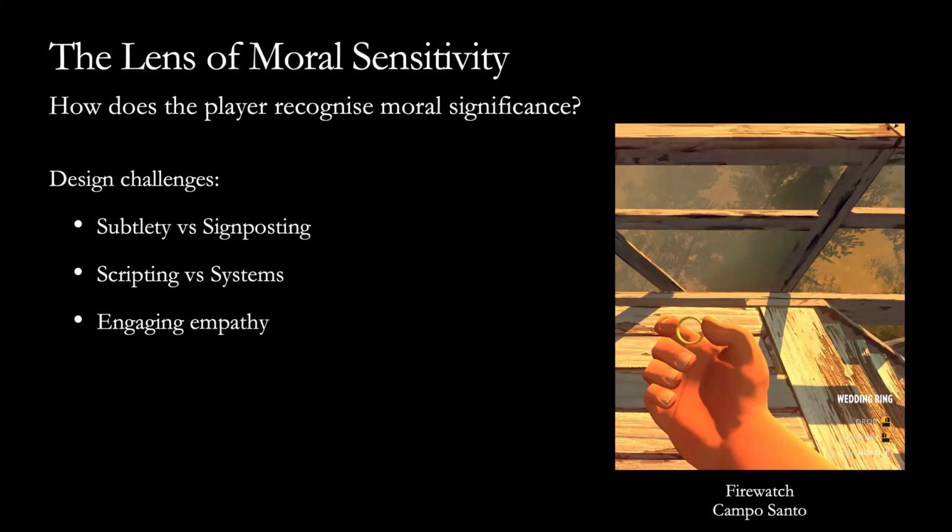In particular, the overarching theme of Firewatch is about what kind of person you are in your relationship with your wife. You're in a difficult situation in your relationship. You've decided to take some time away, and so you're spending time alone in the forest, getting your act together. But your marriage is on rocky ground because of various difficulties in your lives. And there comes a pivotal moment in the middle of the game where the character gets to make a choice about this. But the moment is framed so subtly, you can almost entirely miss it.